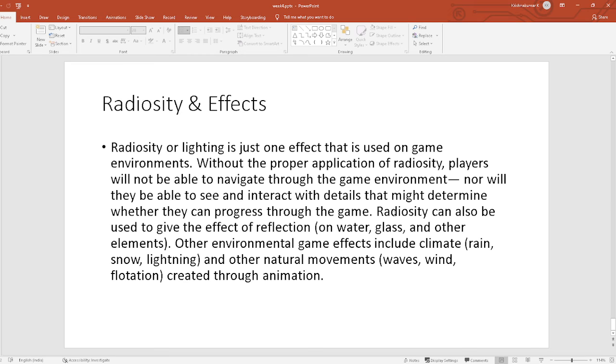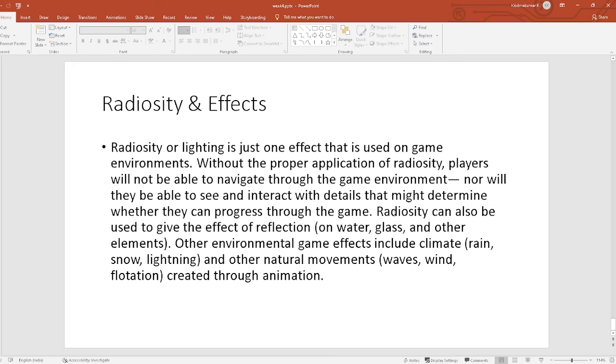Without the proper application of radiosity, players are not able to navigate through the game environment. They will not be able to see and interact with the details that may determine whether they can progress through the game. Radiosity can also be used to give the effect of reflection, for example, water, glass,